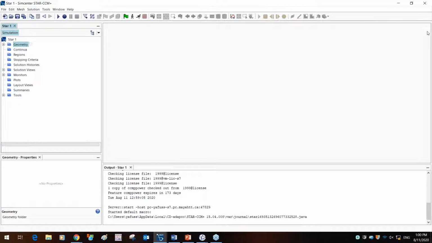And then you have this large empty screen, which is the scene window. This is where you visualize data in terms of either geometry, vector properties, or scalar properties. I think a lot of this will make more sense as we build up the simulation file.